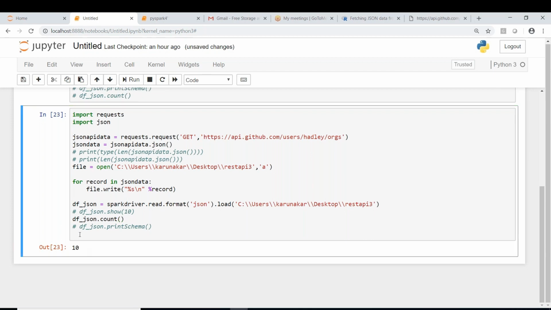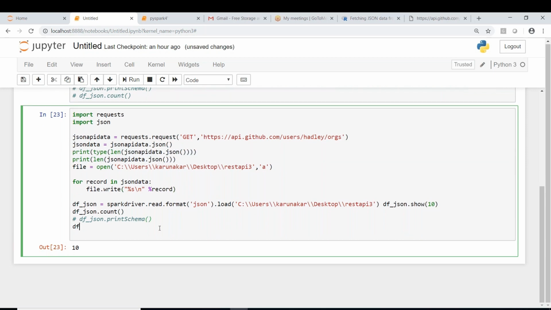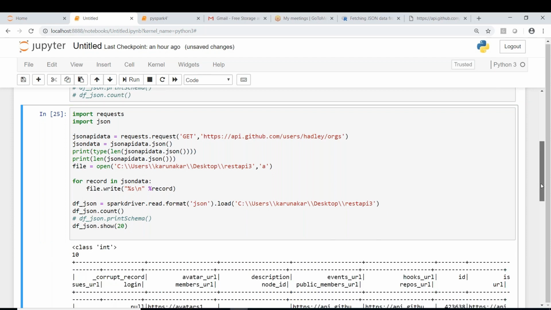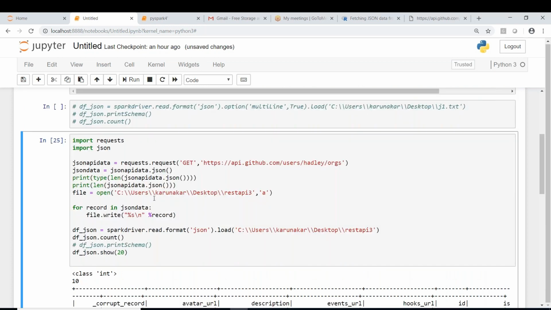Let's first have a count of it. We got 10 records. Now we shall try to print those 10 and see whether we get all 10 or not. If we run this code again, it will read the data again, so we have to get 20 records. We shall print the data, df_MySQL. Let's run this now. I think we got all the records. Like this, we can read the data from this test API.